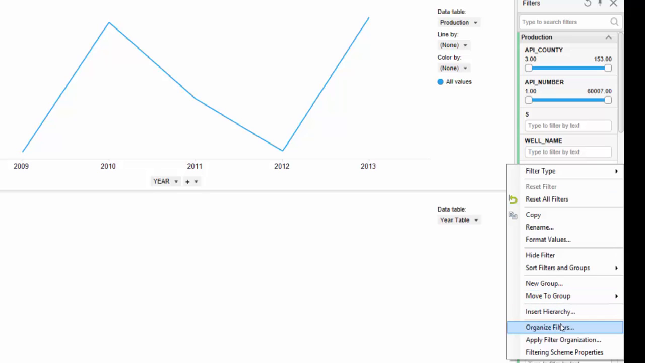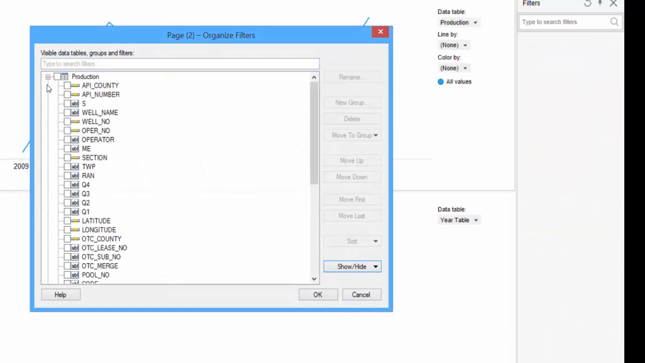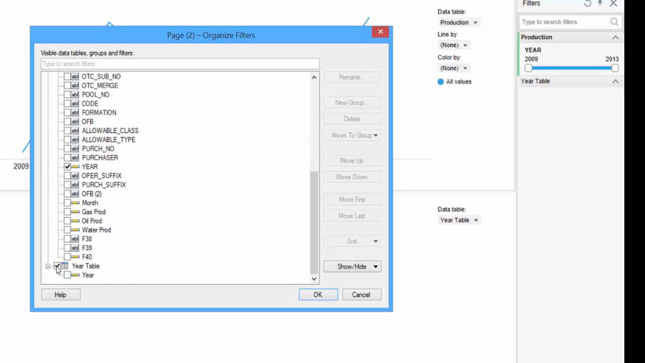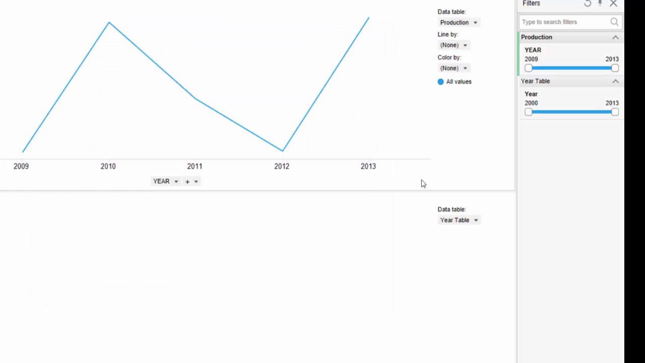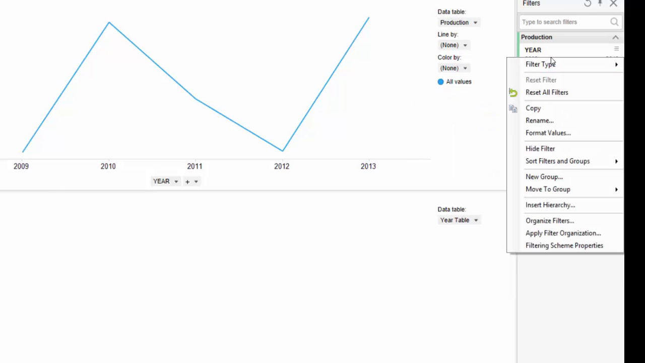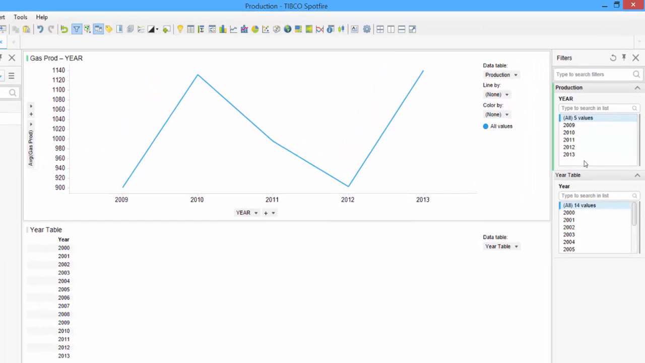So right click anywhere in the filtering panel and select Organize Filters. And I'm just going to hide all of these because most of them aren't relevant. So in my production table, I'm going to check that box to make it visible. And then I'm going to select year. And then on the year table, I'm also going to select year. And I'm going to change these filter types to list box filters to make it easier to see the individual